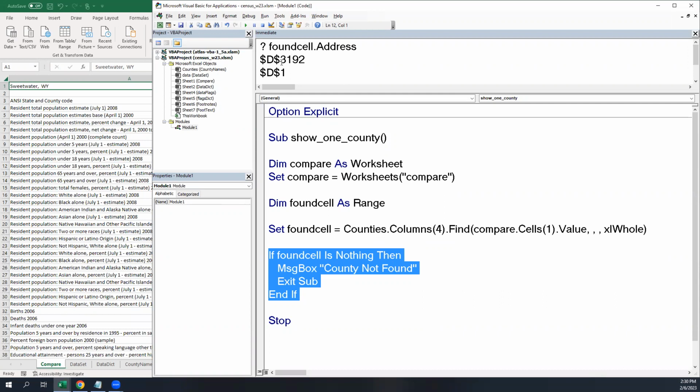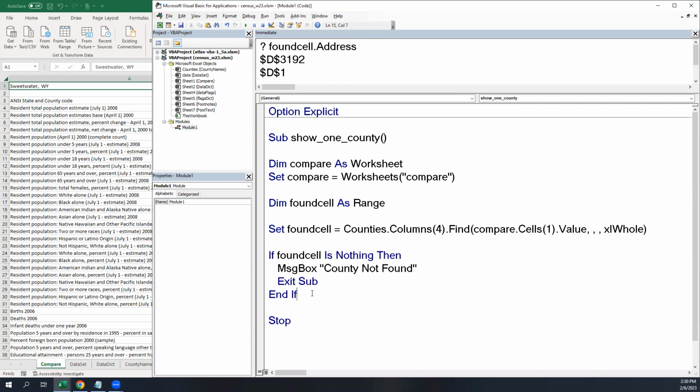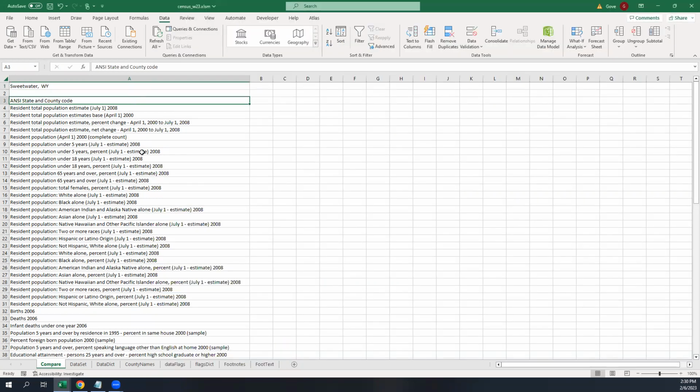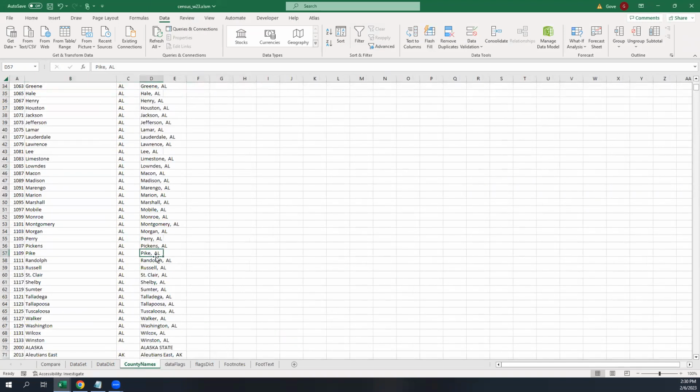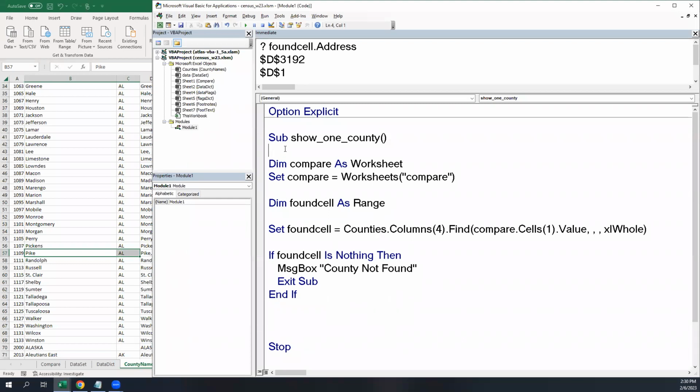All right. Now, let's see. So let's say we found this. We found some county down here. And what we want to do is pick up these two. So why don't we just keep track of where our county row is, what row we found that county on. We'll declare another variable. I'll call it county row